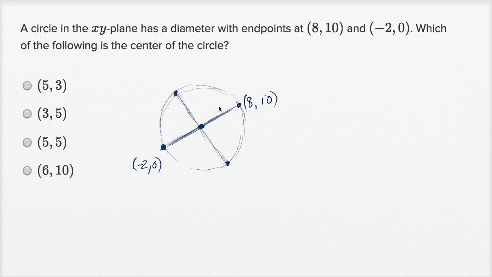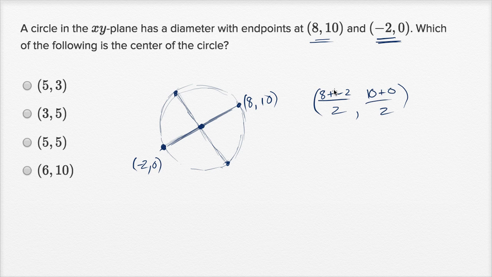So to answer this question, we just have to find the midpoint of this point and this point right over there. And to find a midpoint, we just have to find the average of the x coordinates and the average of the y coordinates. So let's see, this is going to be 8. The x coordinate, the average of 8 and negative 2 is 8 plus negative 2 over 2. And the average of 10 and 0, well, we know that's 5, but we could say that's 10 plus 0